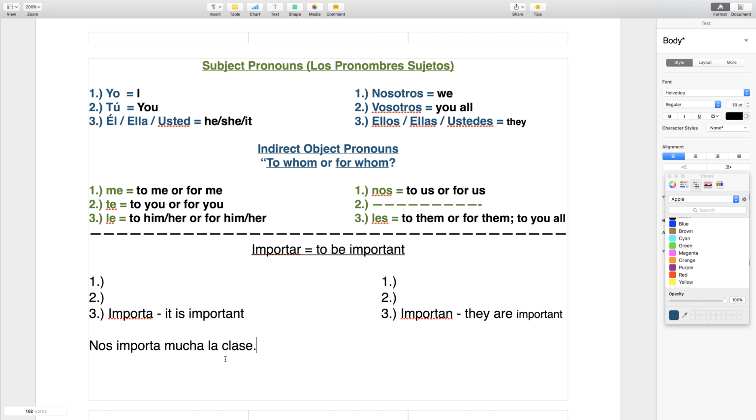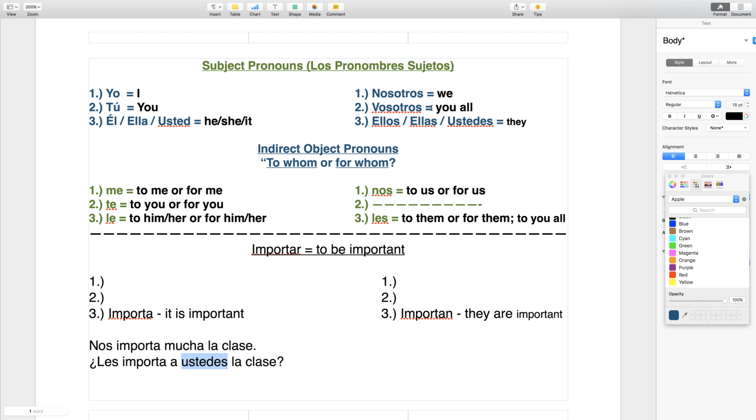Nos importa mucho la clase. To us, it is important a lot, the class. The class is important to us a lot. Basically, we looked at me and te. Nos and les is used the same way. If I wanted to say, ¿les importa a ustedes la clase? Remember,